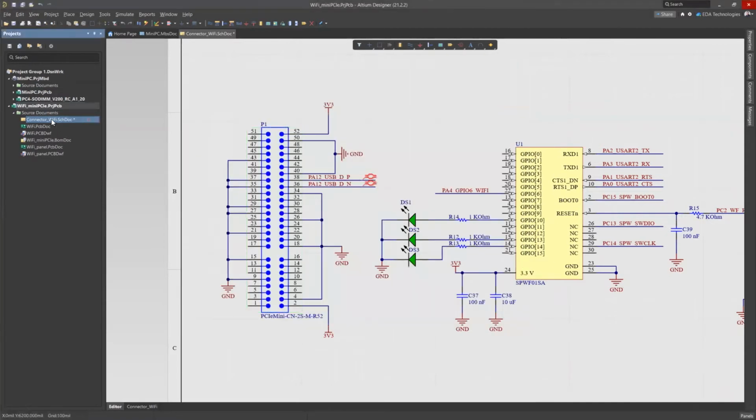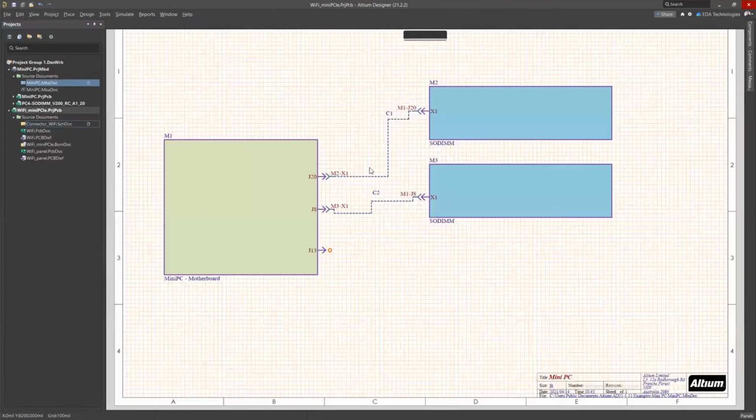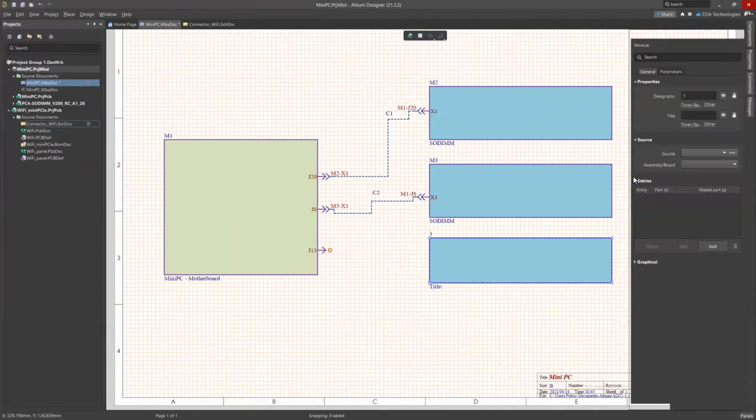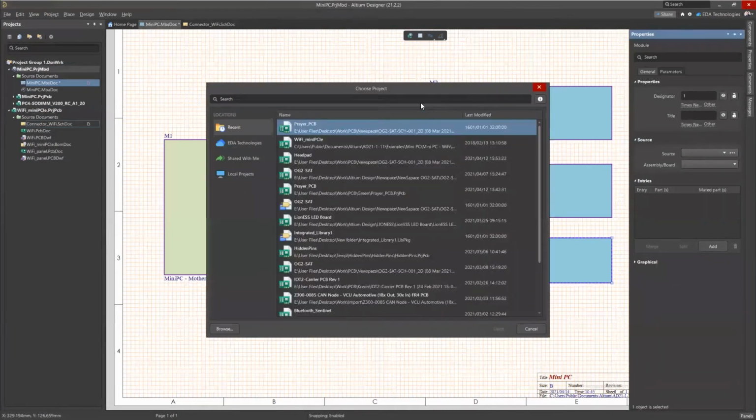So what we can do then is you just save this, and then we go back to our multi-board schematic, and we say place new module. And then you just draw a little rectangle to represent that new module, and then double click to open the properties. Let's just quickly separate that off there. Properties. So now here under source, we click on the source here,